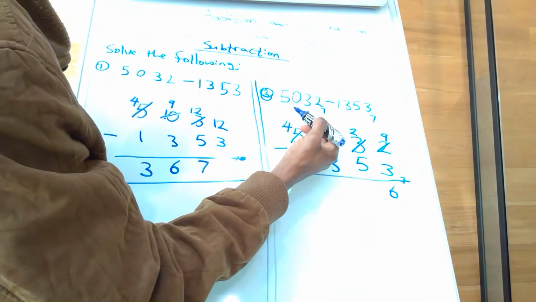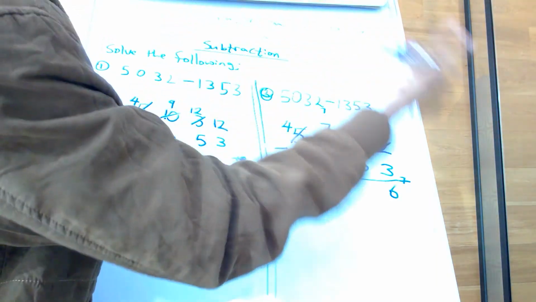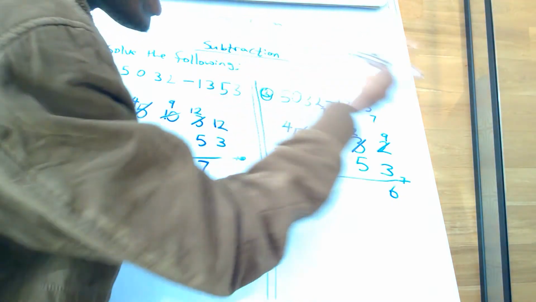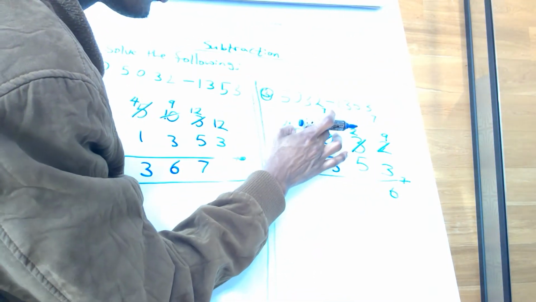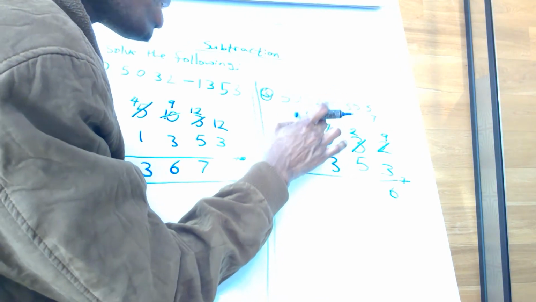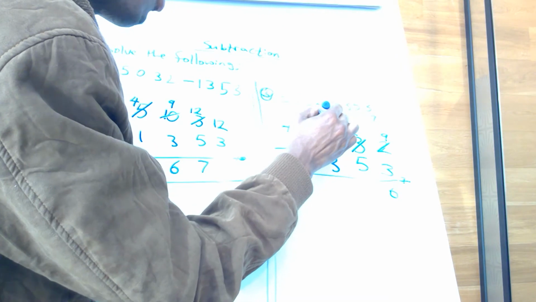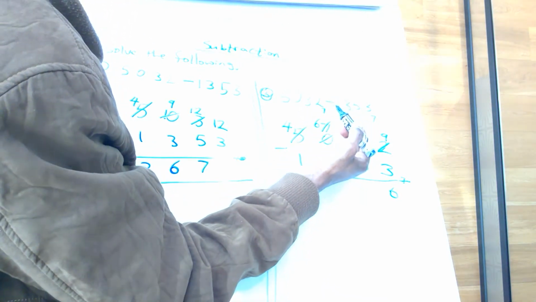Yes, it will give us 7. Because when you borrow 1, you add the base, not 10 every time. It is the base that you will add. You borrow 1 to this 7 to here. You will have the base, which is base 7, to this 0. It will give us 7. So you take away the 1 also from here, it will remain 6. Because this is where we are going.